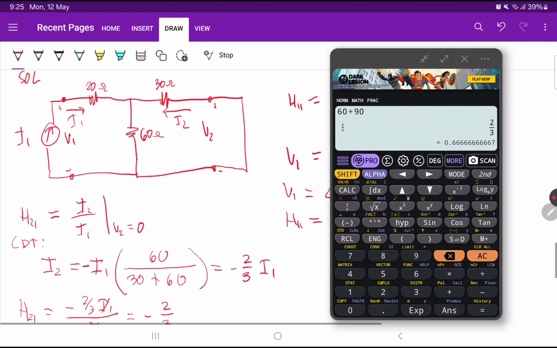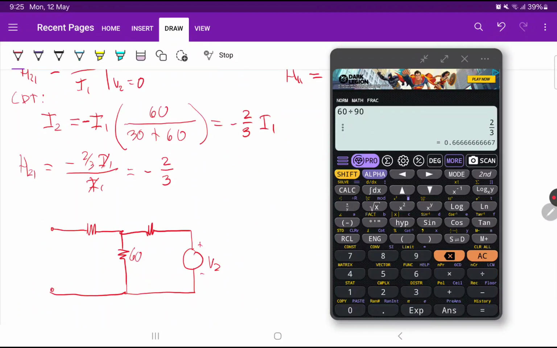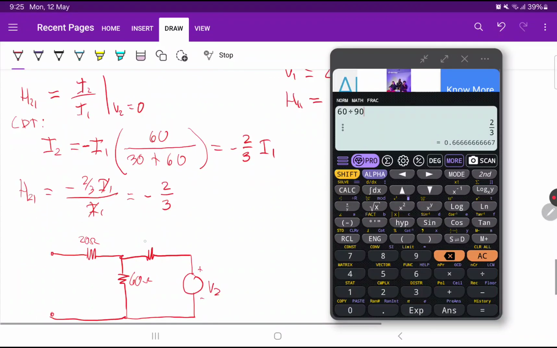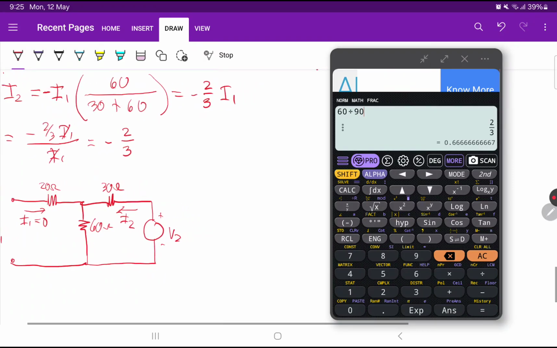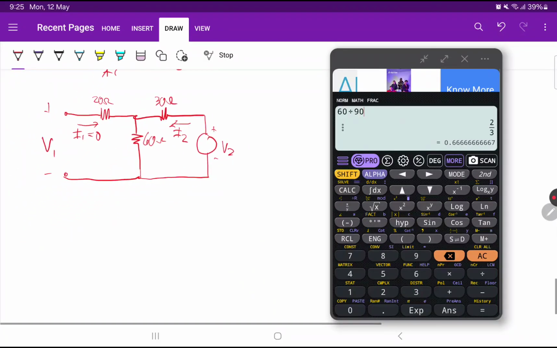Again, this is 60 ohms, 20 ohms, then we have 30 ohms. So the current here, which is I1, must be equal to 0. This is our voltage V1. Then we have a current here, I2. So this is the circuit that we will be using to solve for